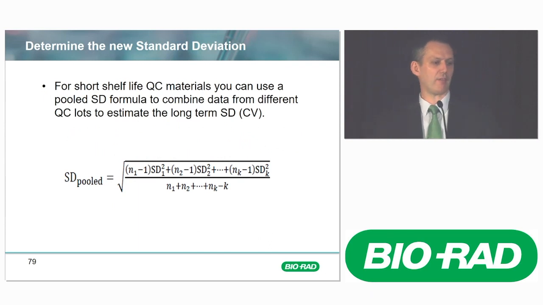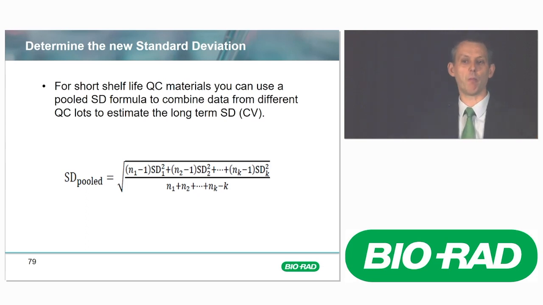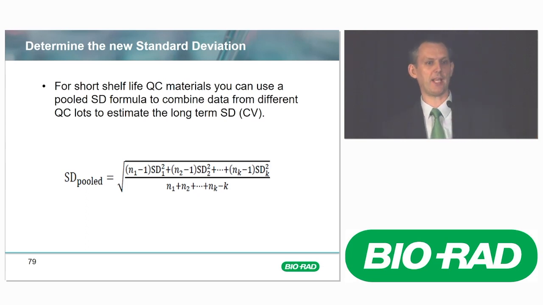If there are products that we have that have very short shelf life, then our CV or our SD might not really be the best estimate or might be really short and limited. So for example, if we talk about hematology or other products that have a short shelf life, we have multiple CVs and SDs from different lots. And we can actually combine those to calculate a more long-term SD or CV, and you can do that with this pooled formula. So you will see that you will use the individual standard deviations of each lot and also use the amount of data points you used for that, and you can combine that to a new pooled standard deviation.